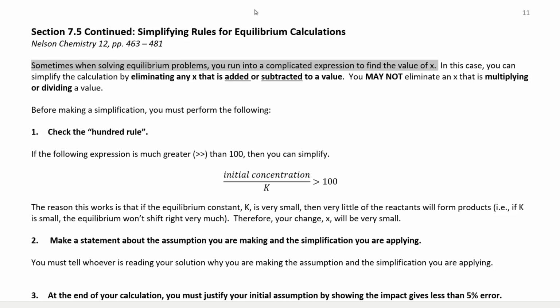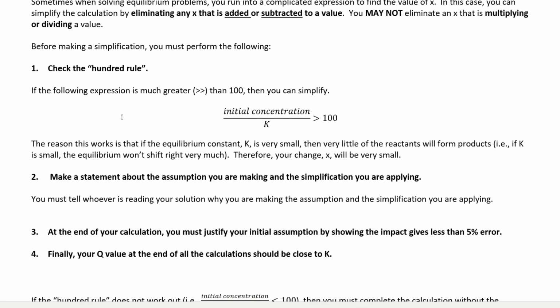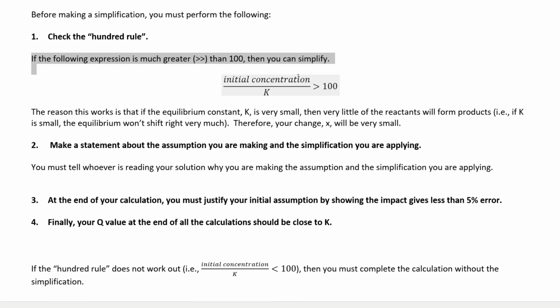That may seem hard to understand right now. We'll come back to that later. Before we make a simplification, we need to check what's called the 100 rule. If the following expression is much greater than 100, then we can perform the simplification. So we take the initial concentration, we divide by K, and if that is greater than 100, then we can